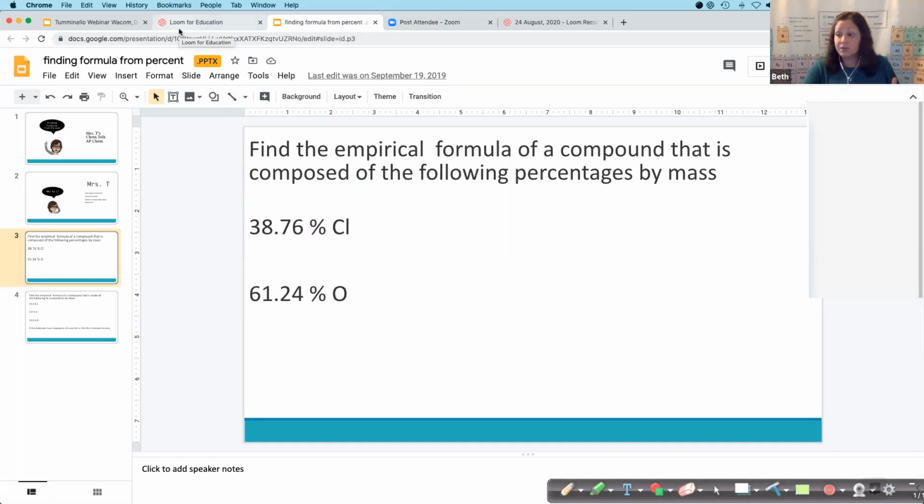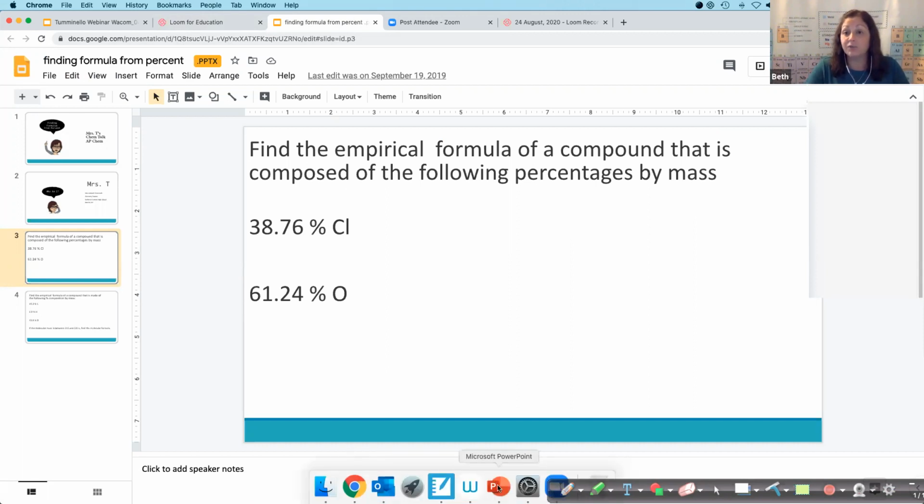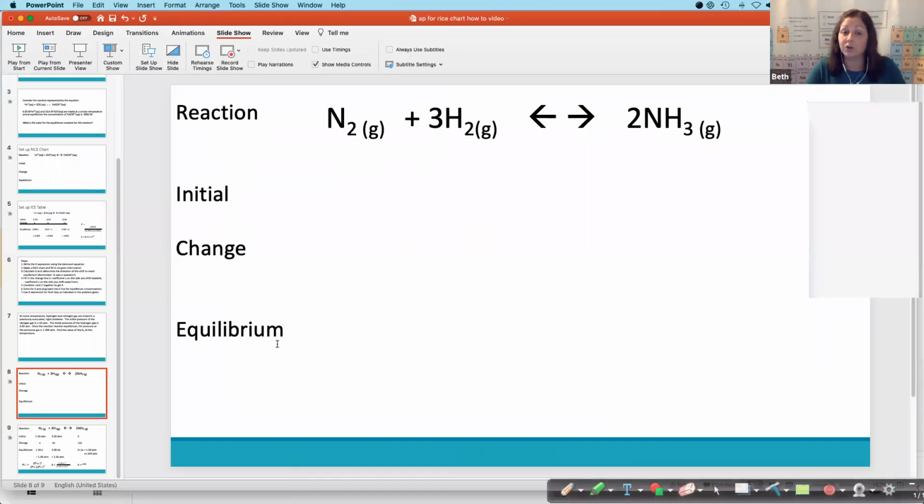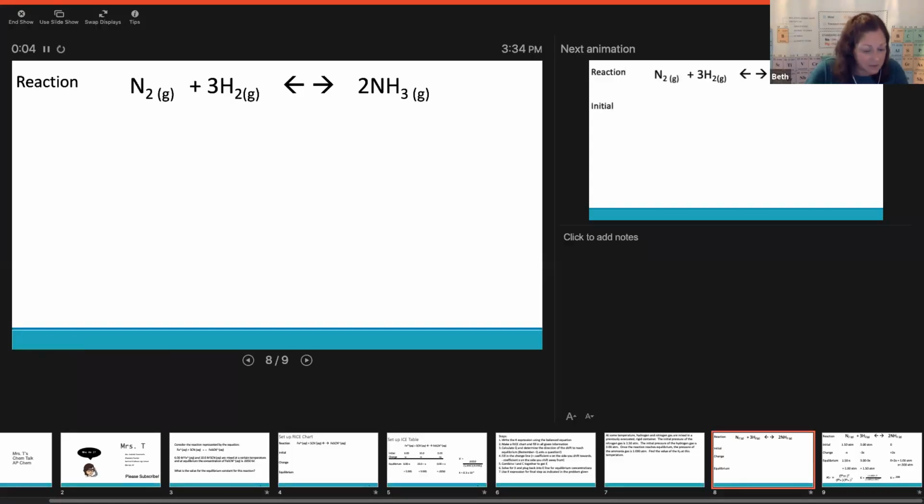Something else that you can use besides Loom would be anything in PowerPoint or in Google Slides. So if you had a problem that you wanted to work out, you could open it up in PowerPoint or Google Slides. And in PowerPoint, if you go to your slideshow, and I'm just going to switch this here to get my mouse back. Okay, well, didn't work the way I practiced it. I apologize. But you can write using the